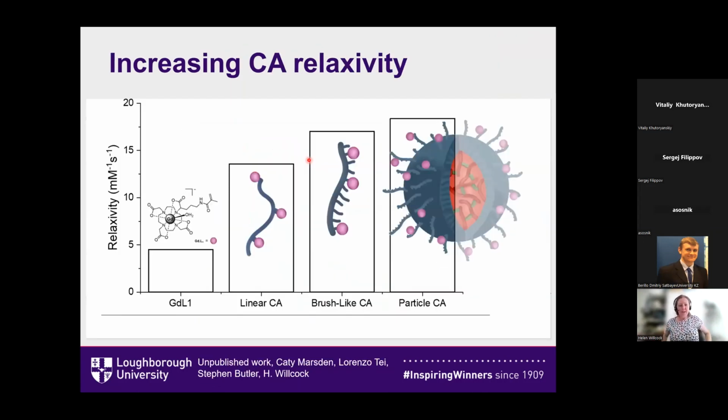So overall, what did Katie find based on her systems and Tom's systems, is that if we started to think about varying not only the architecture of these polymers, we talked before about the fact that we can improve the relaxivity if we incorporate this into a branched polymer, but now if we start to think about taking our gadolinium complex with a linear polymer, a brush-like polymer, and then a particle polymer, we can see that we get the best relaxivity with this particle system. And that's because the tumbling of this system is significantly reduced, because this is now attached to a much bigger